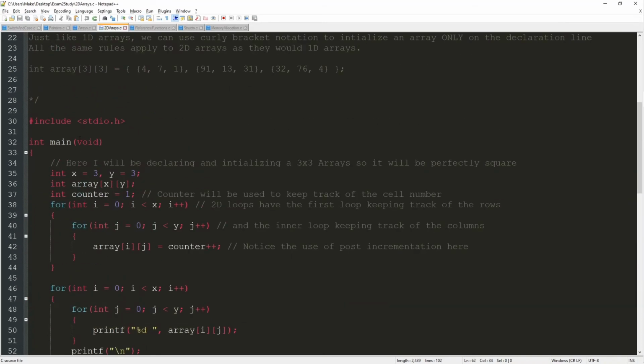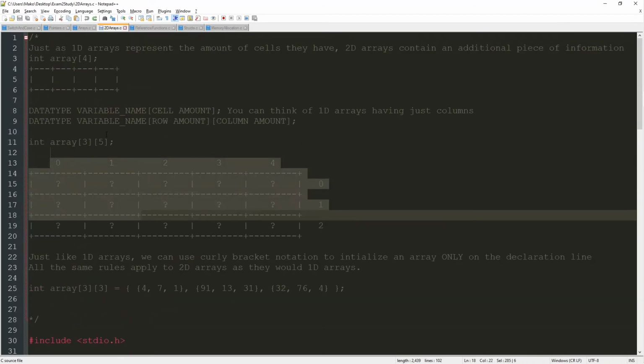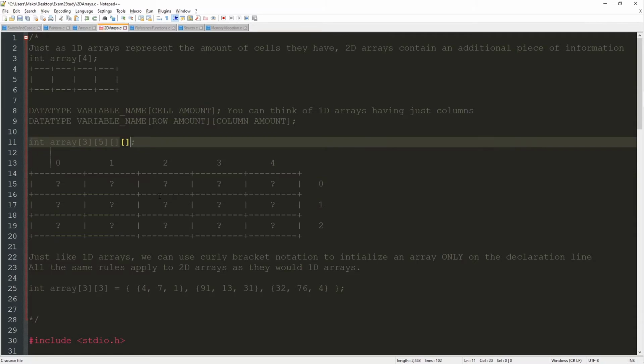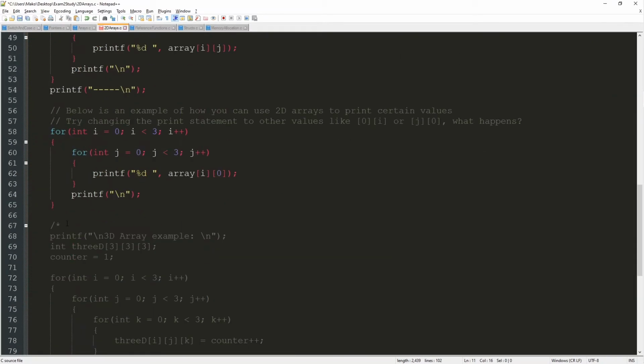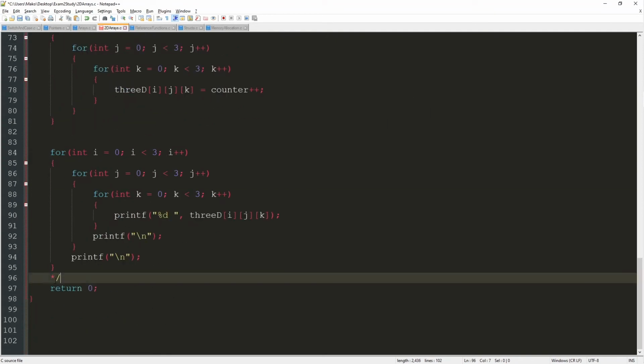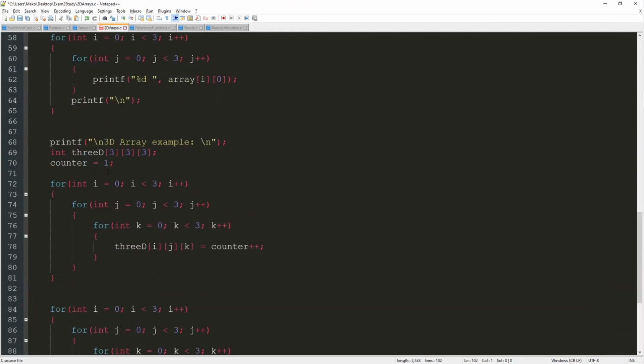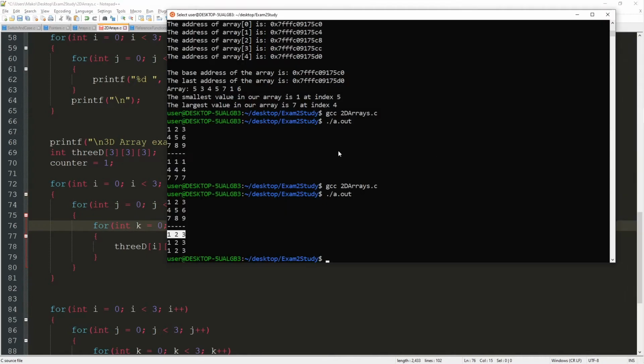And just like you can do 2D arrays to expand your dimensions, you can have as many brackets as you want. But eventually it gets hard to visualize, so typically 2 is the most you'll see. But here's an example of a 3D array. So instead of using 2 for loops, we have 3 for loops, one for the x direction, the y direction, and the z direction. And if I go ahead and run this,